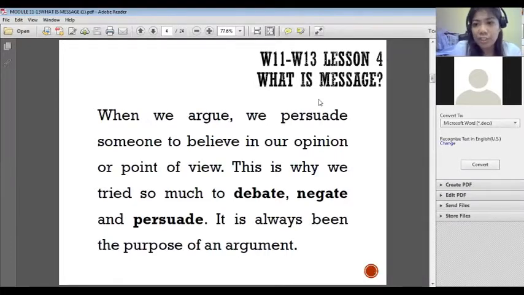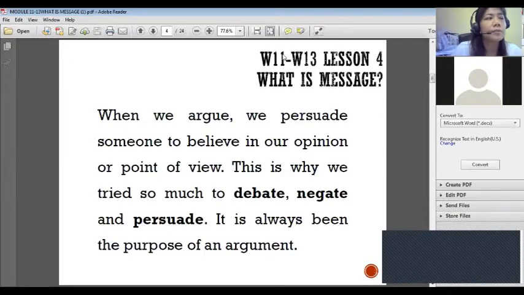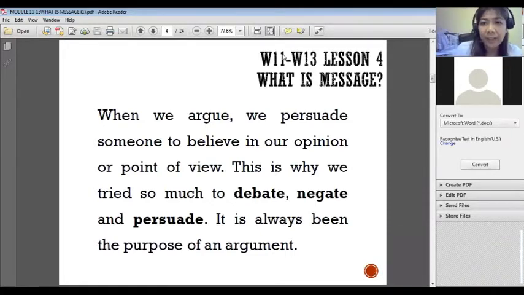Argument, essentially, when we say argument in academic writing, we simply refer to the conclusions that you are making and the claims that you are having. We're talking of your stand on a certain issue, and your position on a certain issue. Do you agree with it, or do you disagree with it? Are you in favor of it? Why or why not? At the end of the day, when we say argument, we are talking of your opinion, your stand, and your claim on a certain issue.